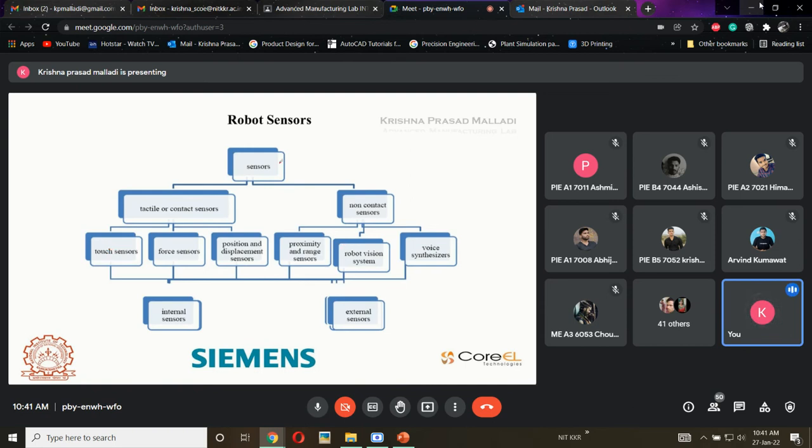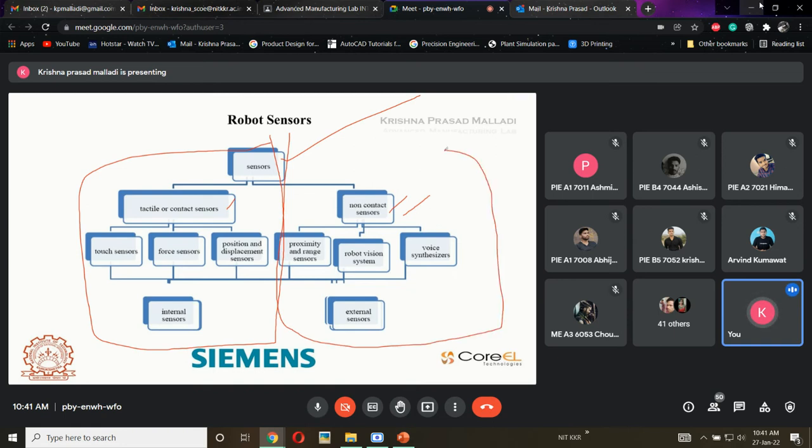In the sensors part, there will be tactile sensors and non-contact sensors. Tactile sensors are also called contact sensors, and non-contact sensors. These two are different things. These will be subclassified into internal sensors as well as external sensors. Internal sensors is nothing but the robot, when you are purchasing a robot,